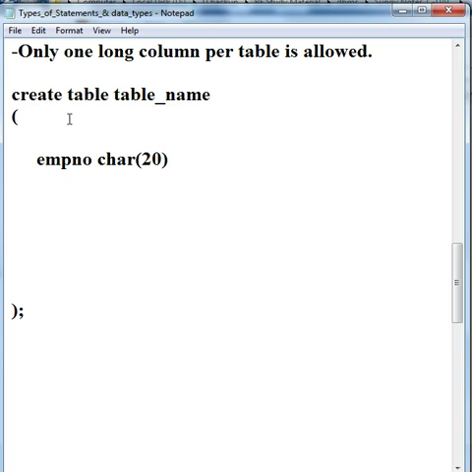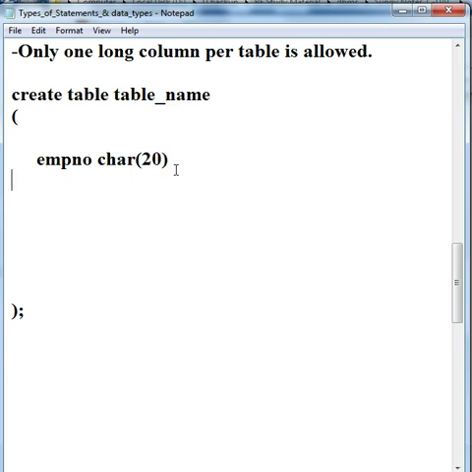So this is the syntax of creating a table: create table, table name, opening parenthesis, closing parenthesis with a semicolon, and inside we define the name of the column, the type of the column, and the size of the column.